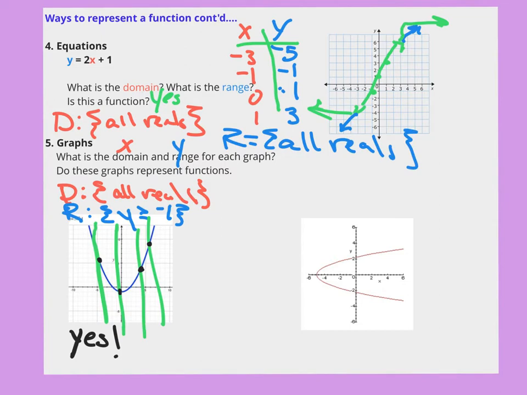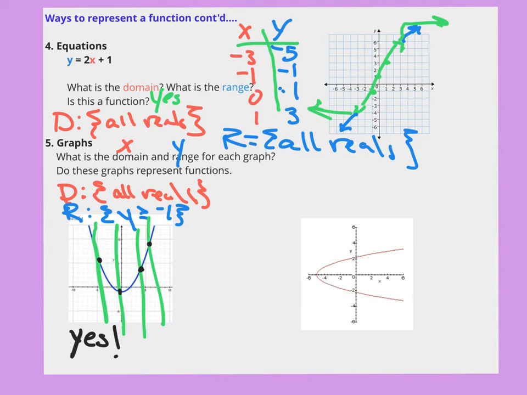If I look at the second graph on the page here, we call this a parabola. It looks like my parabola here is flipped over on its side. So again, we want to look at our x values. Notice that I have a starting point on my left. So it looks like my graph is starting here at -5, and it looks like it's going off in the